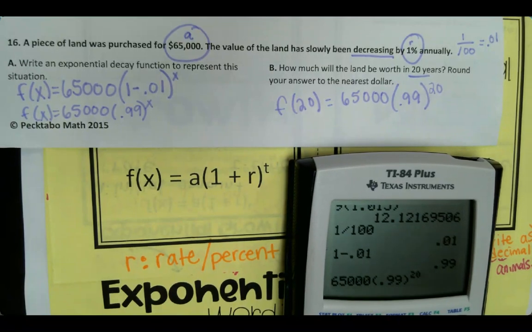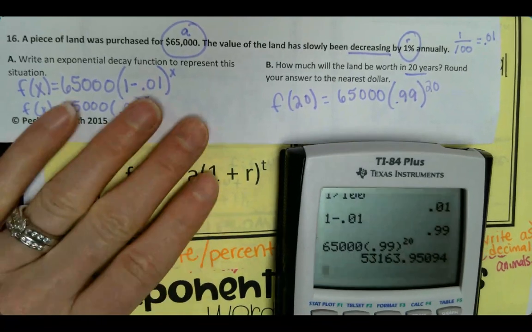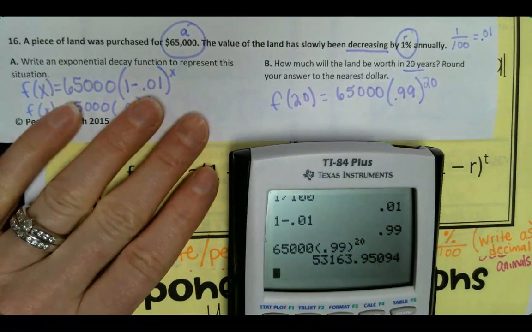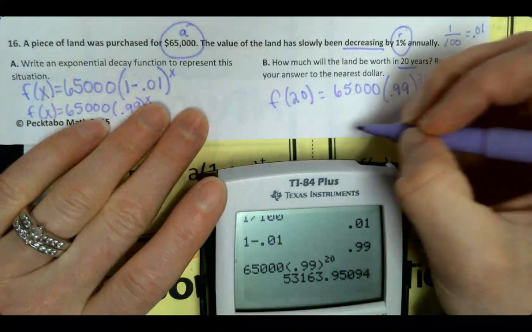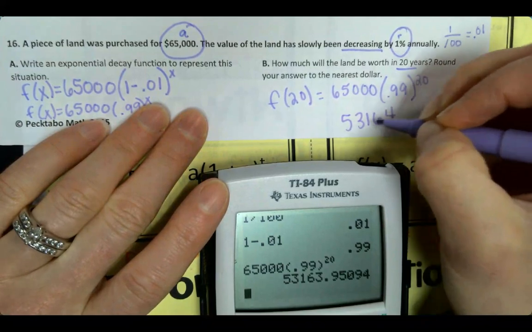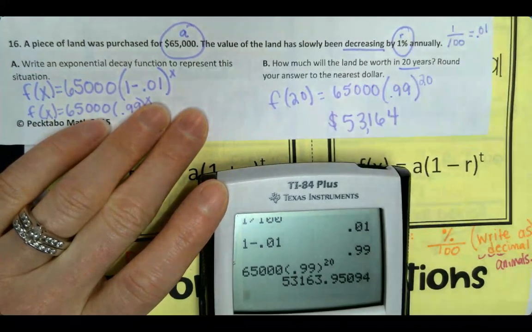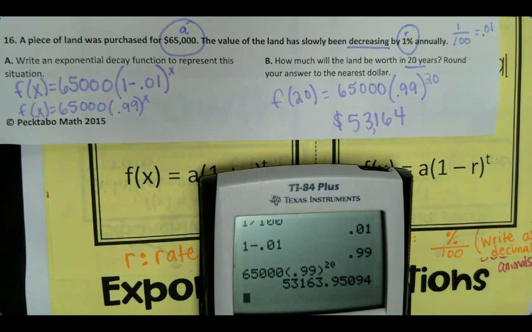So it's going to be decreasing, right? So it's going to be less than 65,000. Wow. In 20 years, it's only worth 53,000. So it says round to the nearest dollar. So it's going to be, yep, 53,164. All right, so your assignment is to finish this